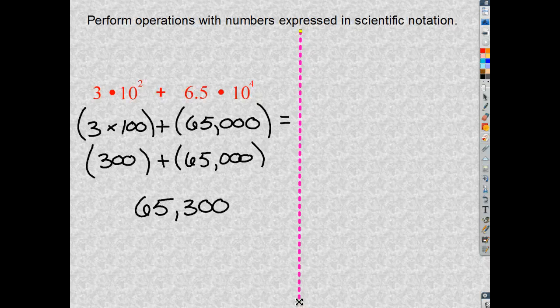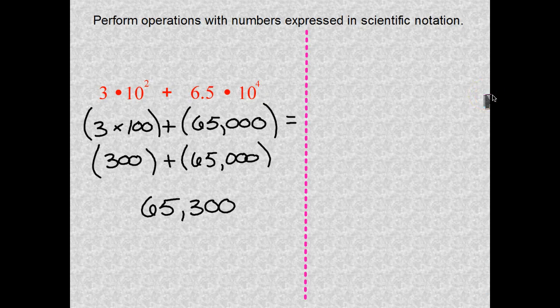All right, now, if the exponents are a little tougher in future problems, I learned a little different way of doing this. When you're adding, you have to have your exponents be the same. And one of them has the second power and one of them has the fourth. So let's make an alteration to the first one, 3, and make it have the 4th power. Well, if I'm going to increase my exponent from 2 to 4, I'm going to have to decrease my 3 and make it smaller. So if I have to move my decimal 2 times to the left to make it smaller, I'm going to end up with